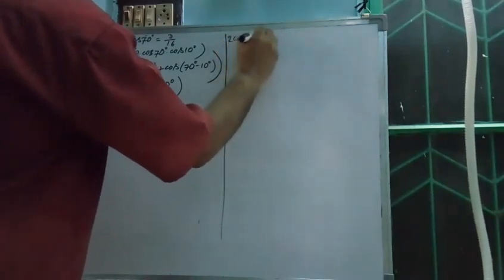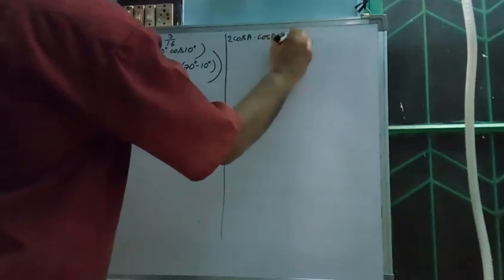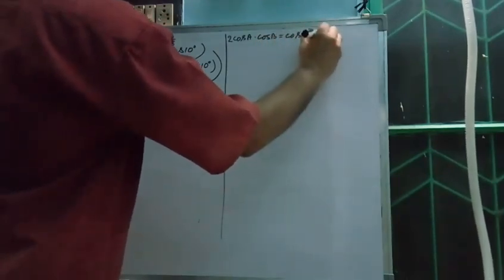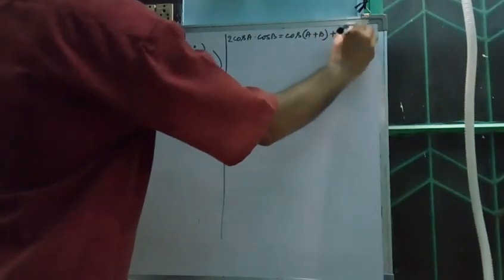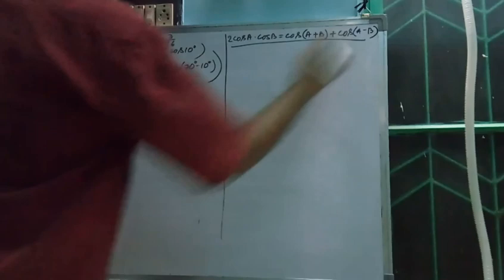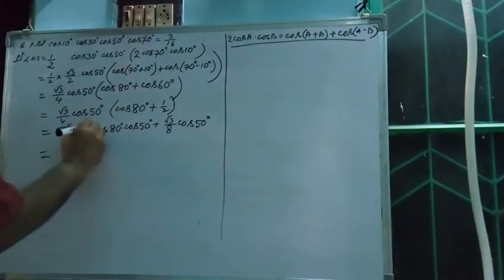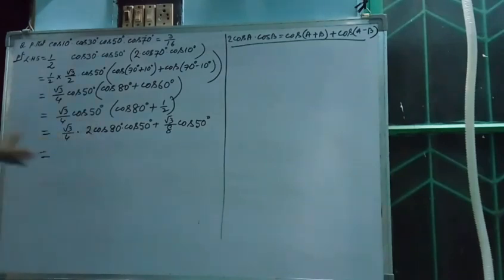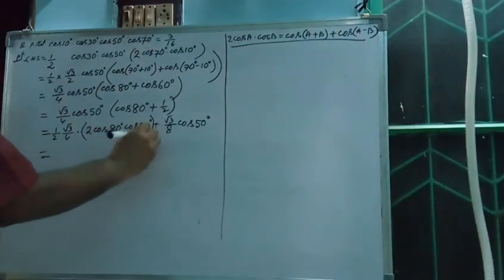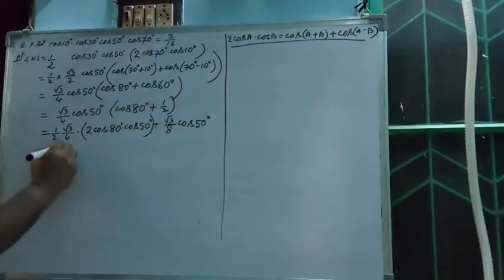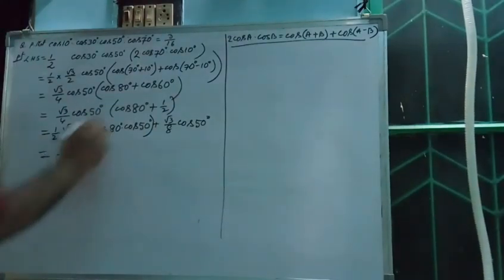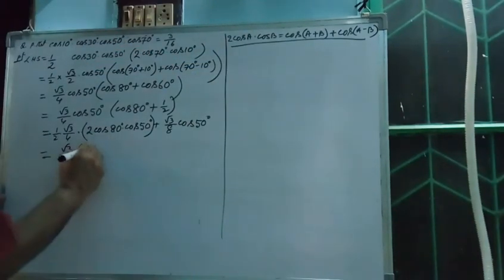We know that this is equal to cos(A+B) plus cos(A−B), ये हम जानते हैं। तो अगर इसका हम 2 मल्टीप्लाई कर दिए, तो 2 ऐसे मल्टीप्लाई नहीं कर सकते, एडजस्ट करना होगा, तो यहाँ इंटू 1/2 कीजिए तो एडजस्ट हो गया, 2 कट के वही रह गया। ऐसे क्यों किए? इसको 2 cos A cos B फॉर्मूला में लाने के लिए. So 2 cos A cos B is equal to cos(A+B)